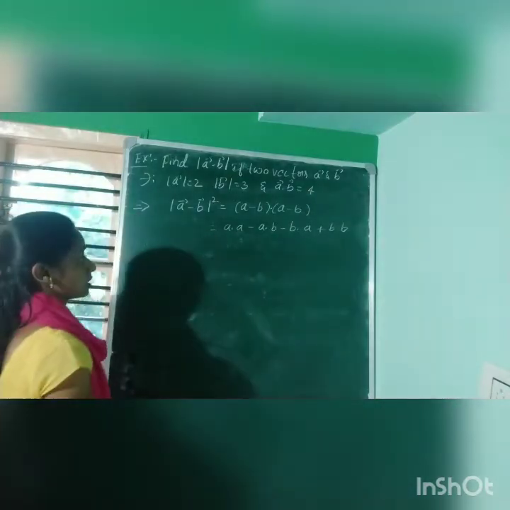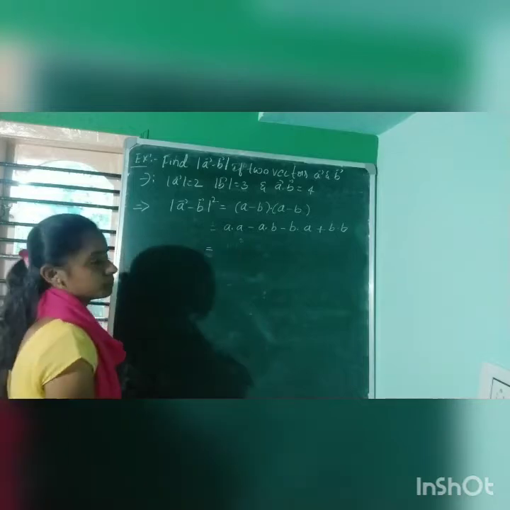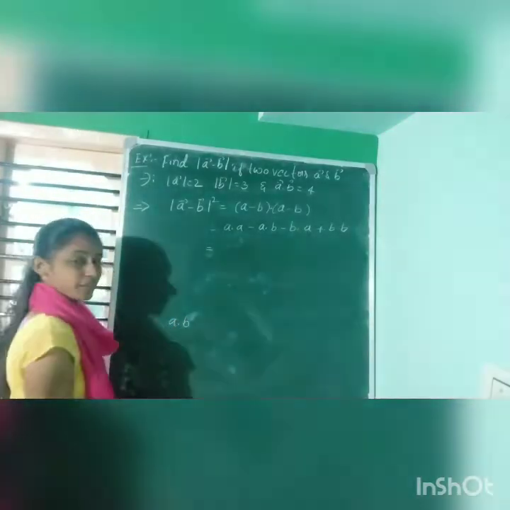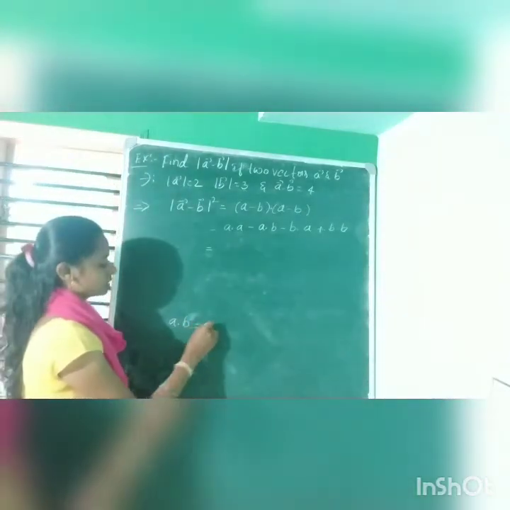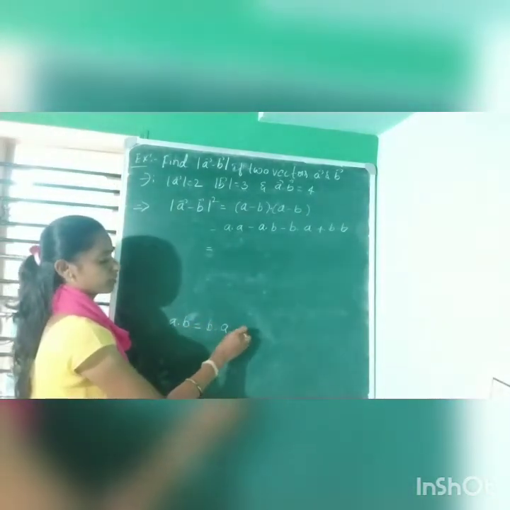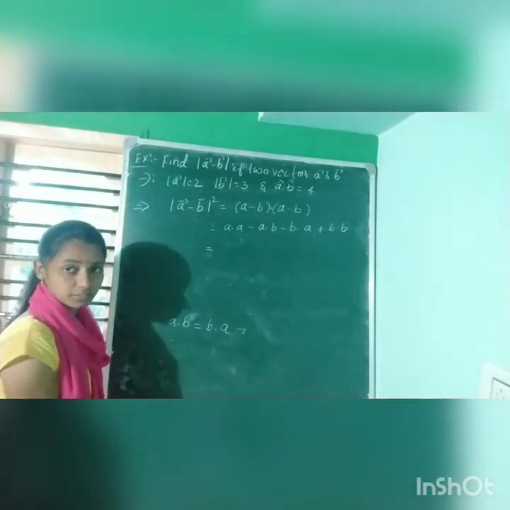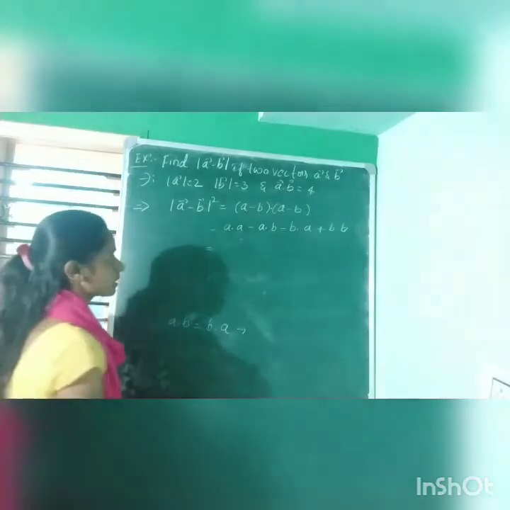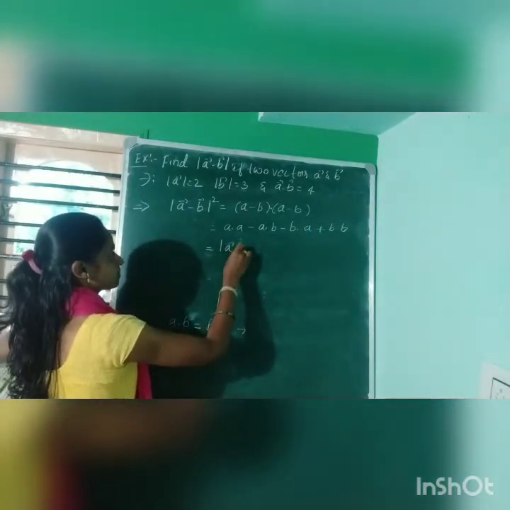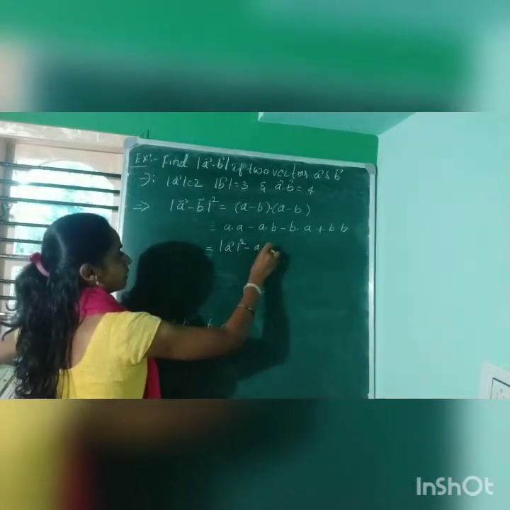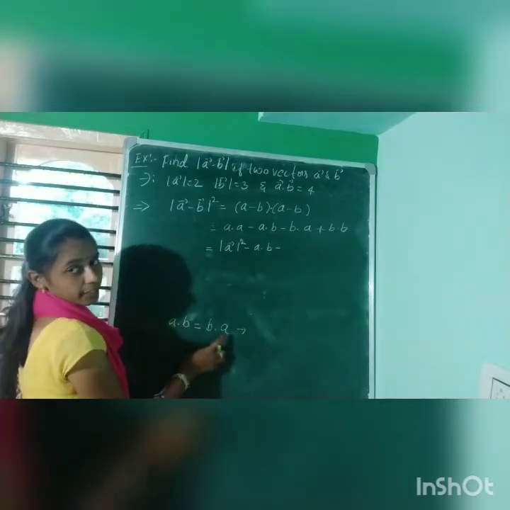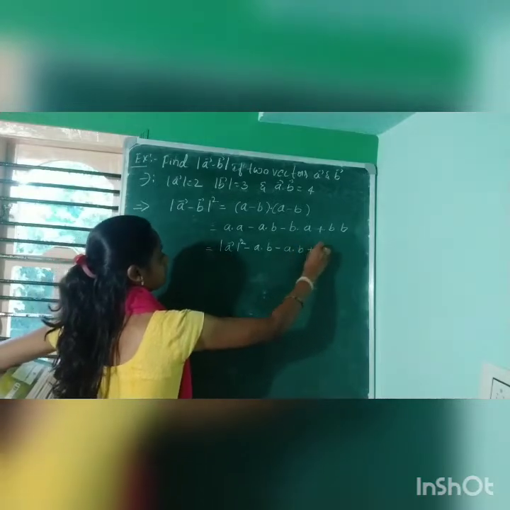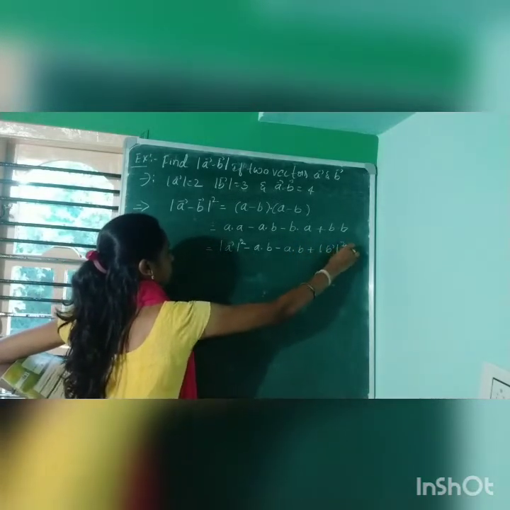Sorry for this, there is a small correction. As I said, the dot product is commutative. A dot B can also be written as B dot A, which is a commutative property. This dot product is commutative, which is nothing but we can write A dot B, and this as B dot A can also be written as A dot B, plus magnitude of B whole square.